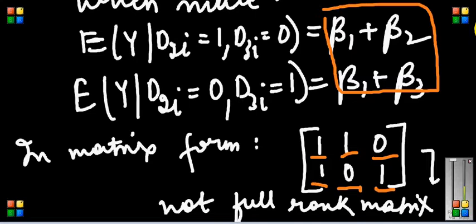If you clearly see, it is not a full rank matrix, because the maximum rank that you can give to the matrix is 2, whereas it's a 2 cross 3 matrix. So whenever it is not a full rank matrix, there is a problem of